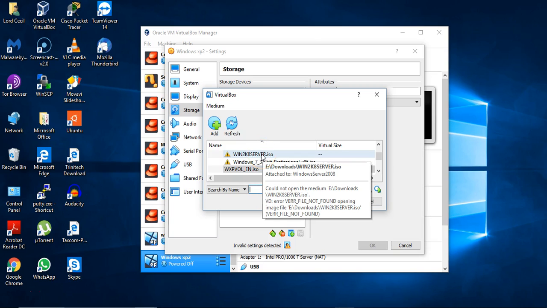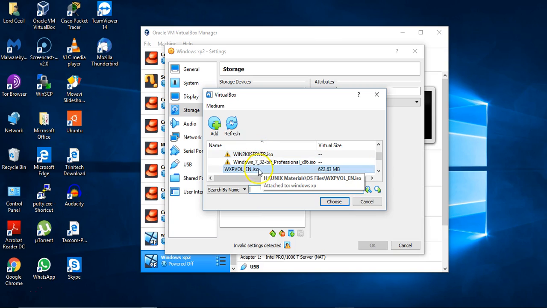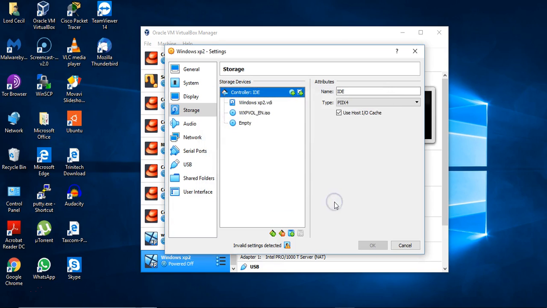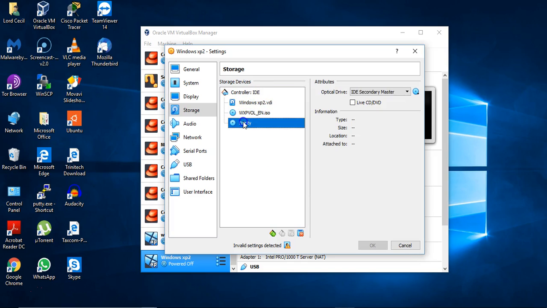It was there because I did it already, but nonetheless, for the purpose of this video, I just have to do it again. So that's been highlighted. I click choose. So the Windows XP ISO image has been imported. Because this is empty, I'm just going to take this out. Just right click and remove attachment. Okay,